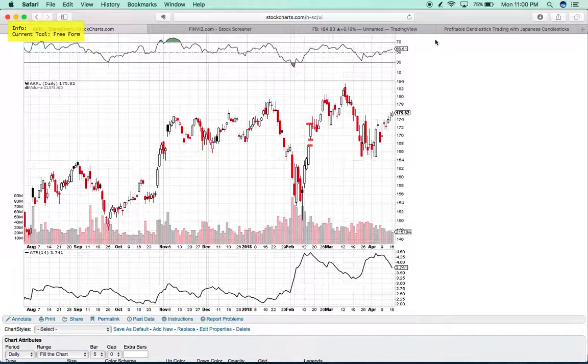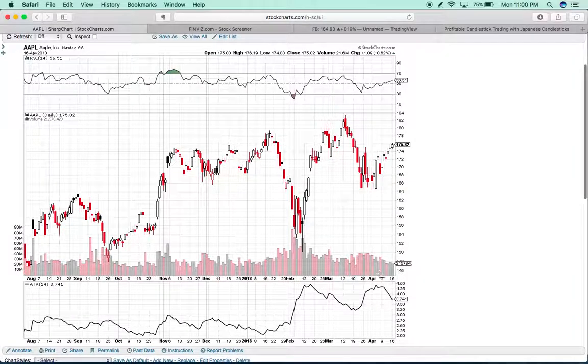So what that means is, for example, Apple here, as of today, April the 16th, 2018, the average true range is $3.74 for Apple. You see it here, and then you also see it over here. You see ATR, average true range, 14 means the default is set at 14 days. So the average true range for Apple is